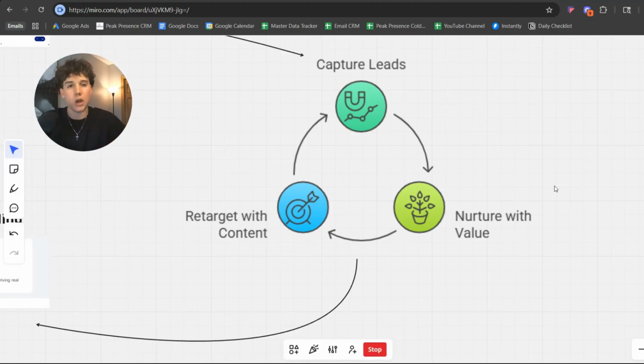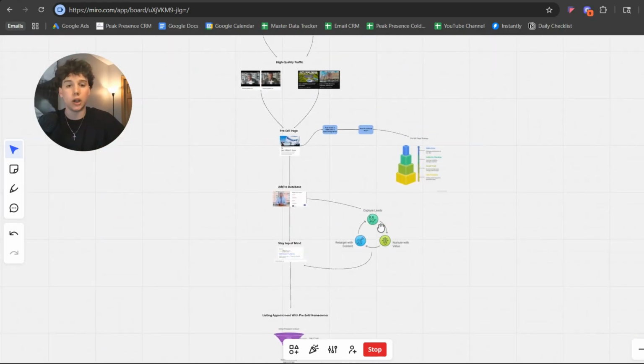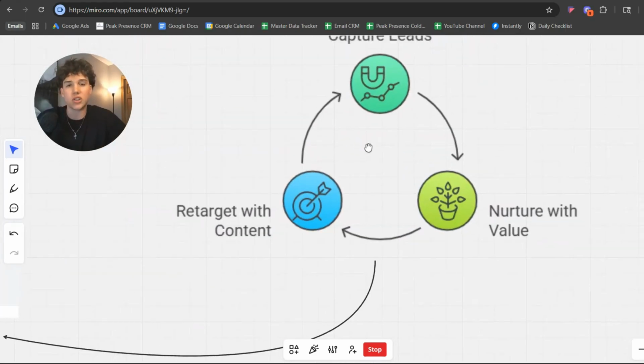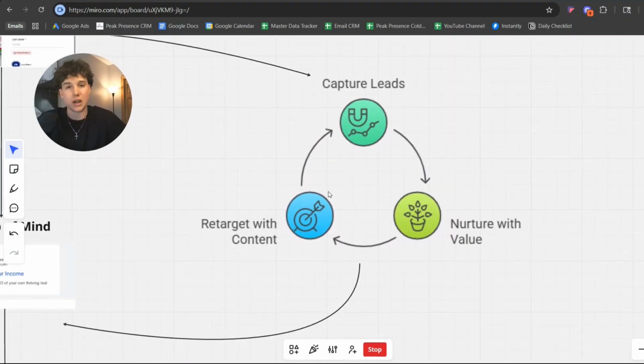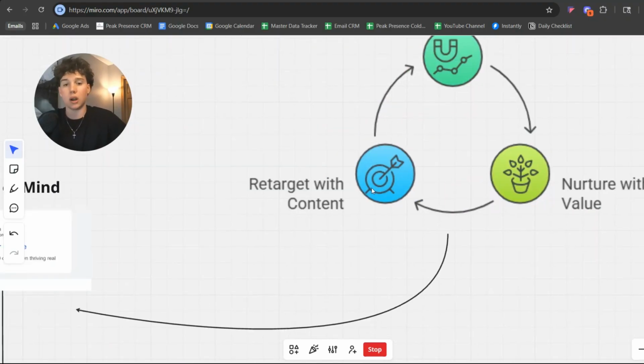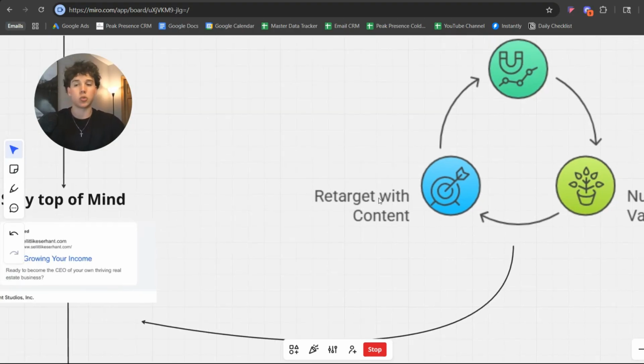But when you put it on video, it conveys so much more trust. You're able to provide visuals as well, like what I'm doing right here. And it's no different with real estate, with what you can do with your clients or your potential clients. And from there, we want to retarget them with content. So we're not only nurturing them with content, we're going to retarget with content.